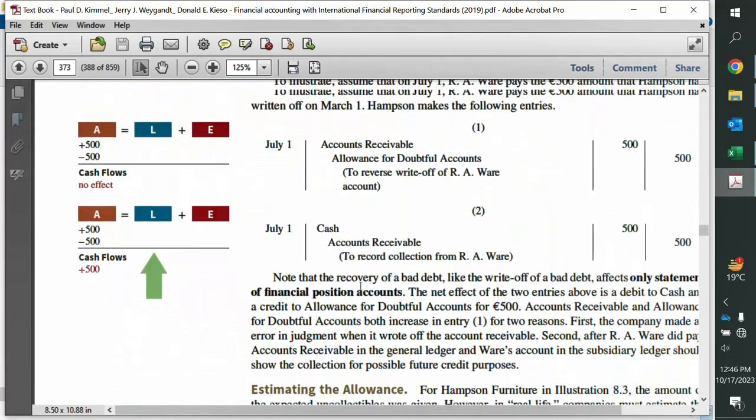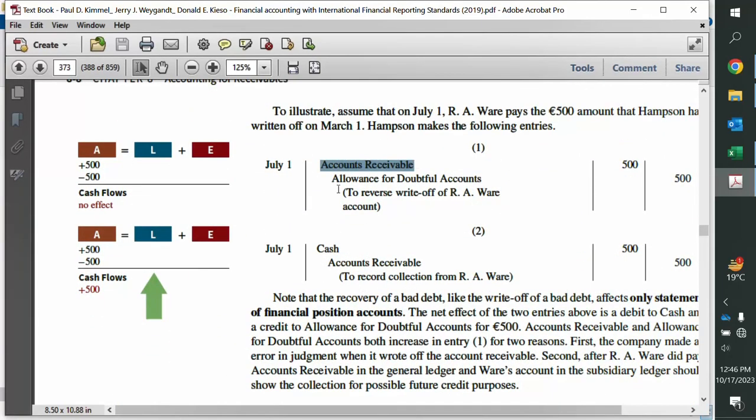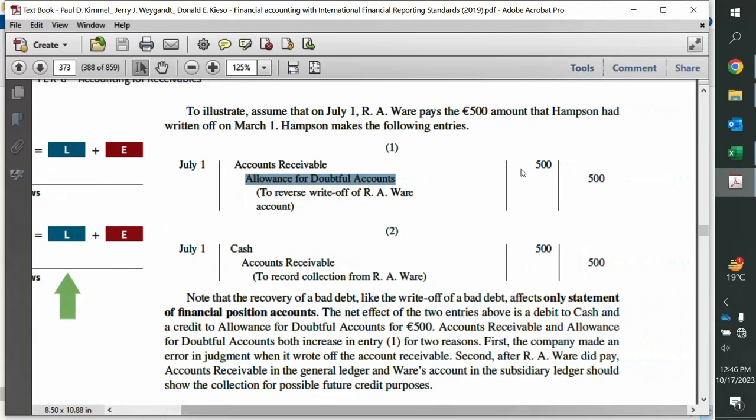We will debit the account receivable and we will credit the allowance for bad debts account with the same amount which he is going to pay. Now this is also equally possible that we wrote off 500, but he is just paying 200, 300 because he can pay just this amount.